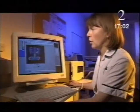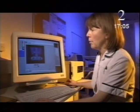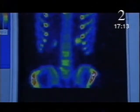What we've got here are some images of Gavin's skeleton. The skeleton has absorbed the injection that we've given him, but the area we're interested in is this area just to the left-hand side where there's an extra absorption